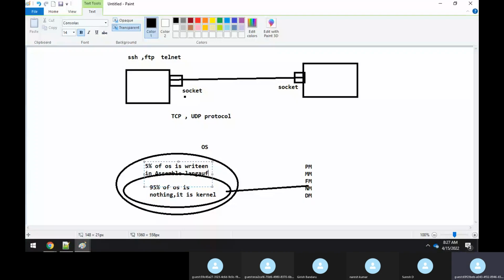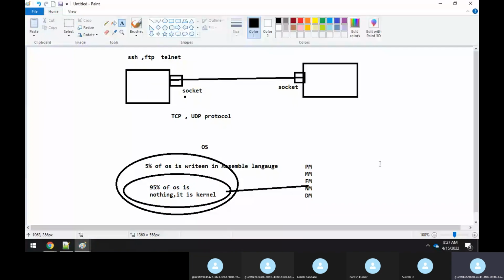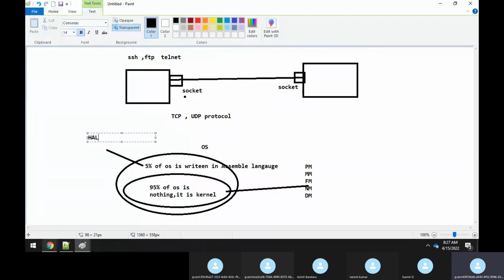So you need some kind of assembly language code with which the kernel will communicate with your devices. This 5% of the operating system, which is the assembly level language, we call a HAL. HAL means hardware abstraction layer.